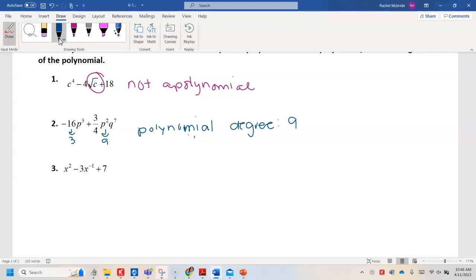Now number 3 is sort of a trick. Number 3 is not a polynomial, because if you were to rewrite this without negative exponents, using our new rules, you have 3 divided by x, which is division by a variable, which makes it not a polynomial. It's not a polynomial if you don't state the degree. The homework is the front and the back of the next page in